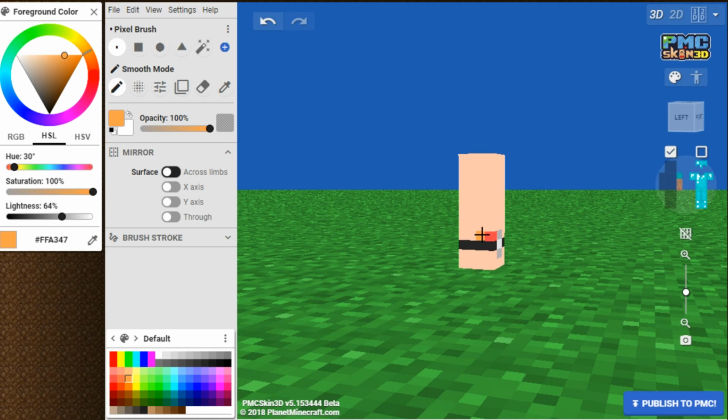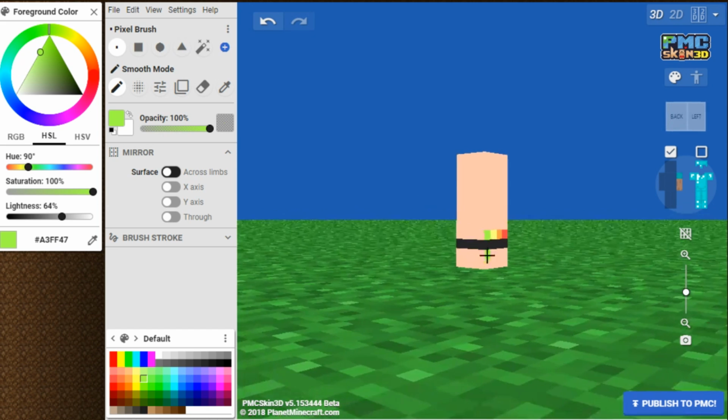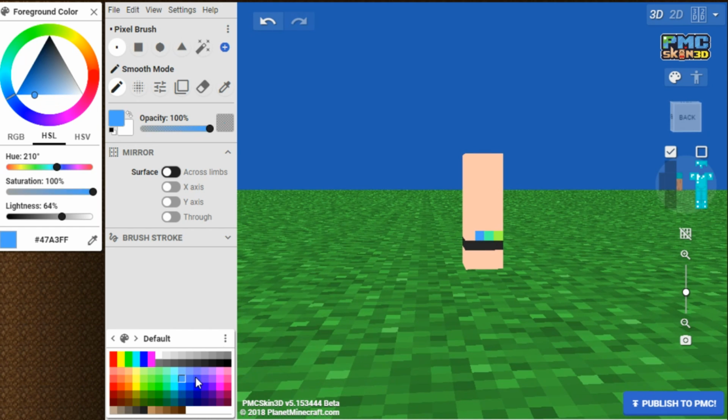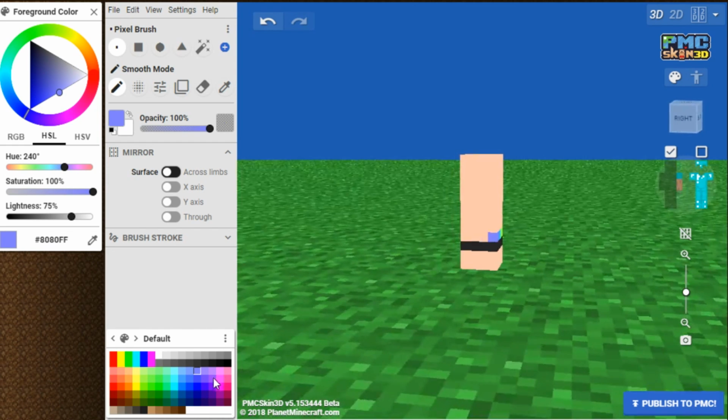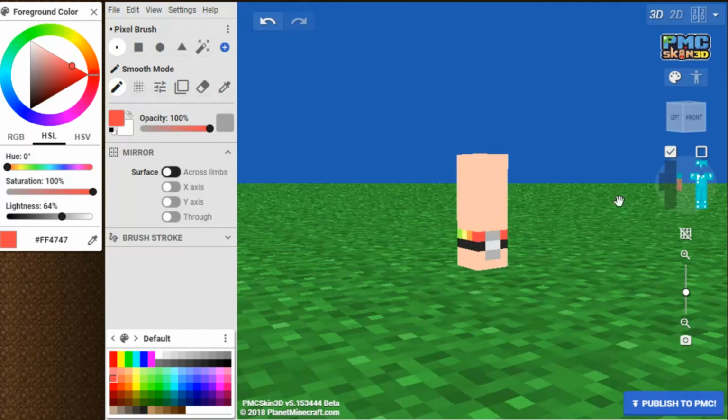It's all rainbowy and cute, so I'm just going to be picking a bunch of rainbow colors right now to put on my skin and bring it all around together. Like this. We are almost done. And there we go.